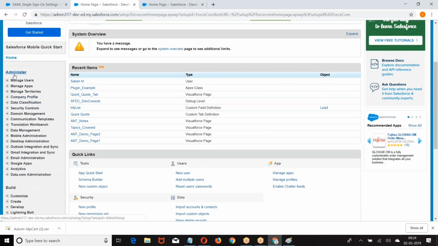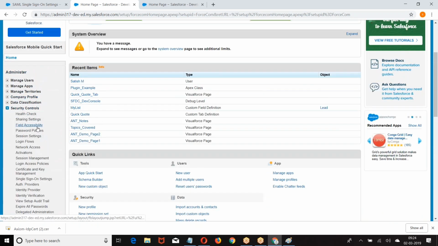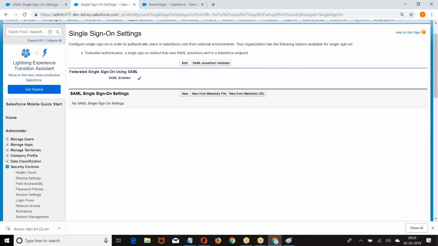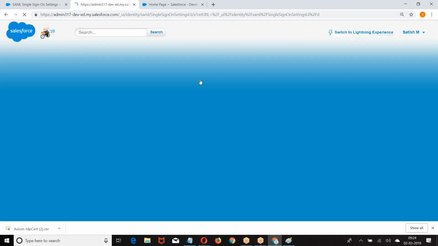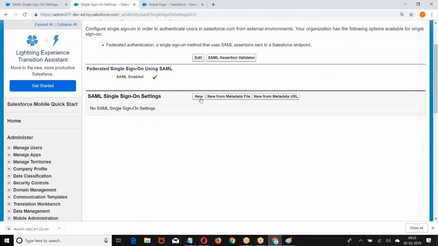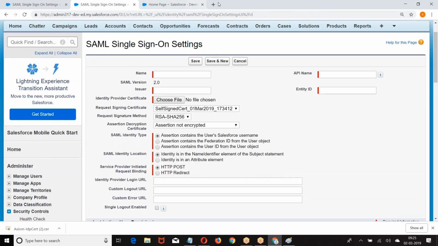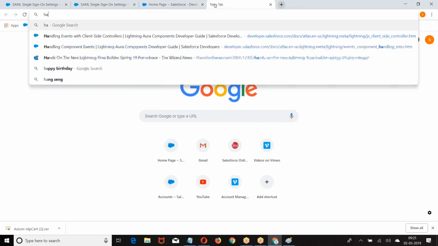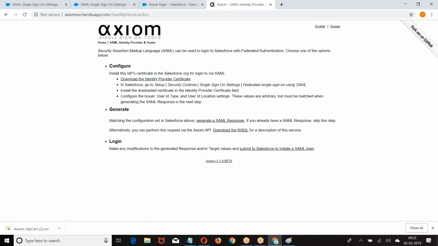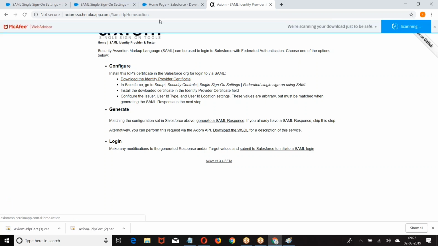Setup, administer, security controls. We have single sign-on settings. What did I do? Edit, enable the single sign-on, then new. First go to the service provider, then go to the IdP, download the IdP certificate,